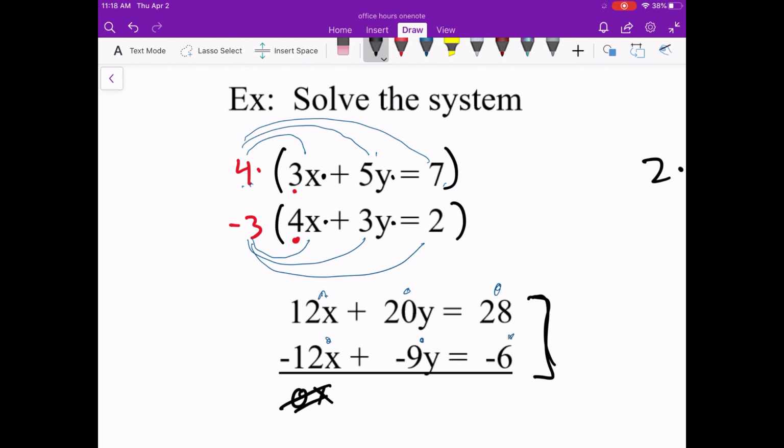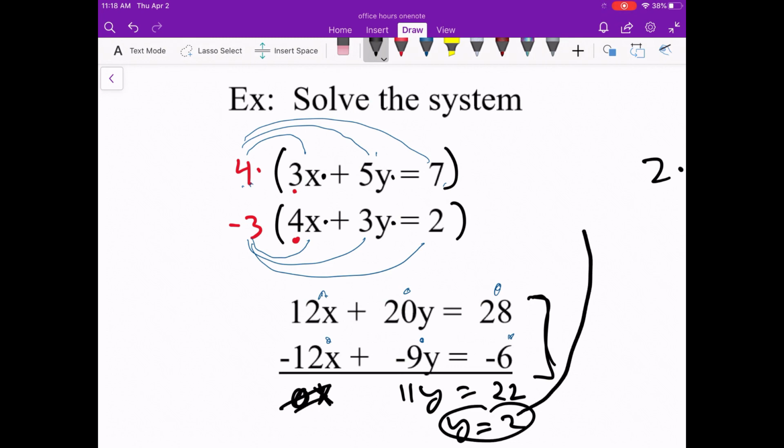Now my system is set up just like before. The x's are eliminated. This becomes 11y. This becomes 22. And a little bit of work, I get y equals 2. I'm going to skip the step, but I would take this 2 and plug it into the easiest equation to work with. And again, with a little bit of